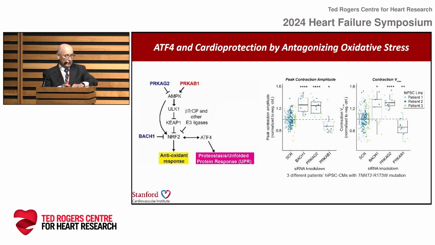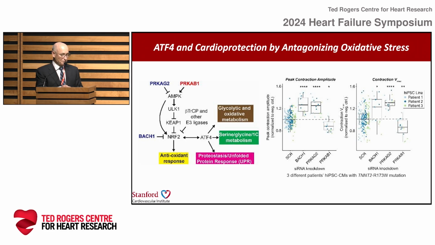So from this, we now have a slightly expanded view of that module I was talking about. We think AMPK fits into this through NERF, and then NERF regulates ATF4, the molecule I was talking about previously, and ATF4 then activates the different processes that I was talking about. So we're now exploring chemical space all around the activation of NERF and ATF4 in order to alleviate, and figuring out the best way to alleviate, the contractile deficit in these forms of DCM. Okay, so